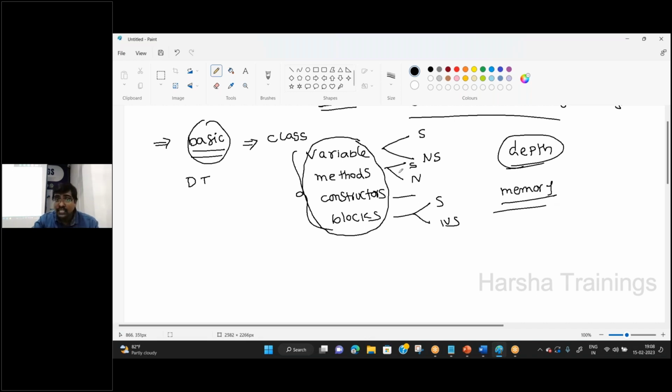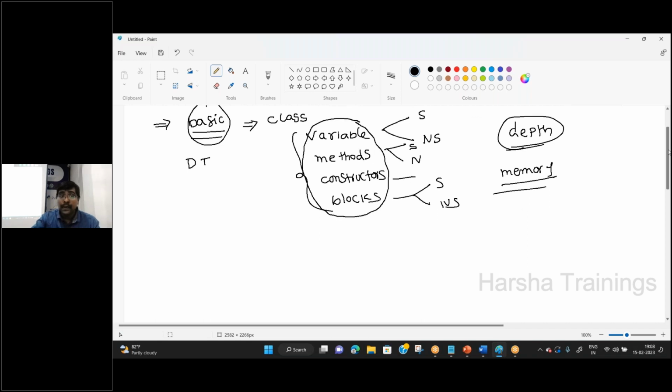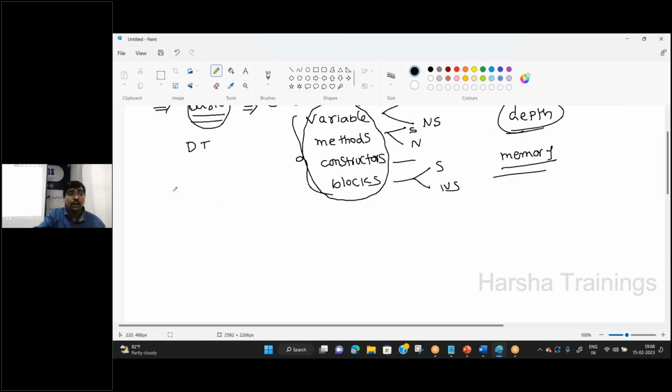Once you understand these basic building blocks, I will cover some other topics: arrays, strings, and wrapper classes, even though some are not available in your syllabus. Ignore the syllabus that I shared. Here I will discuss some topics beyond the syllabus. I will cover arrays, strings, and wrapper classes,